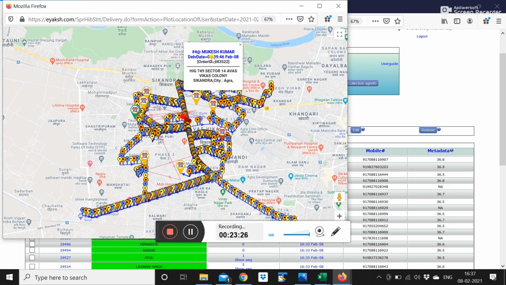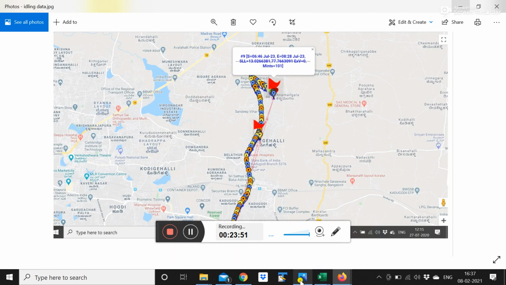So for all the customer locations, you can see what time he has completed the collection along with the address. And let's say you want to know if he is stopping at a particular location for more than 60 minutes or more than 80 minutes, which will be defined by you and input in the OptiLive system. Then you will see it as a red flag on the whole route. I'll just show you a screenshot of that.